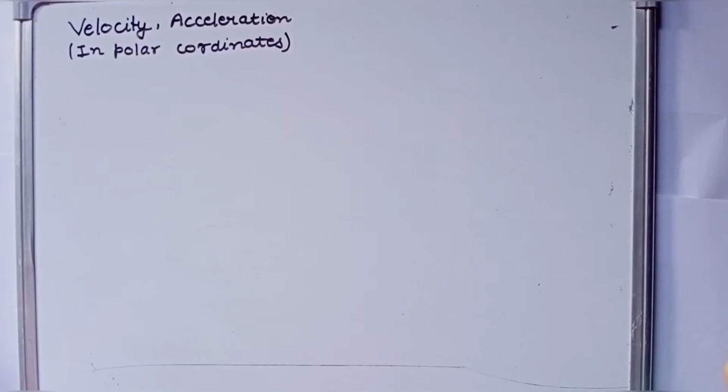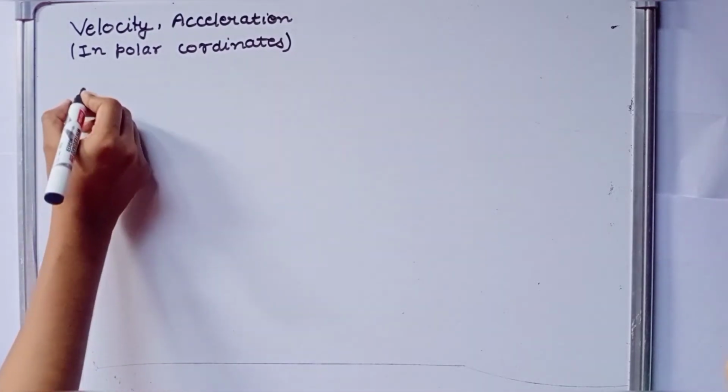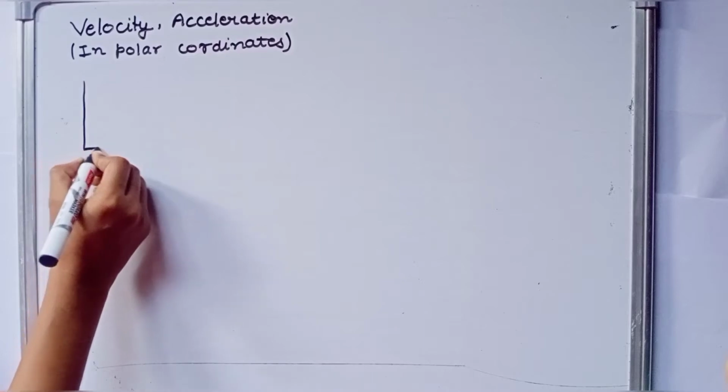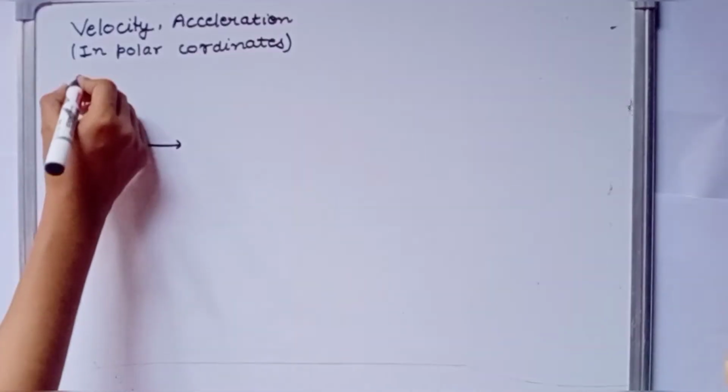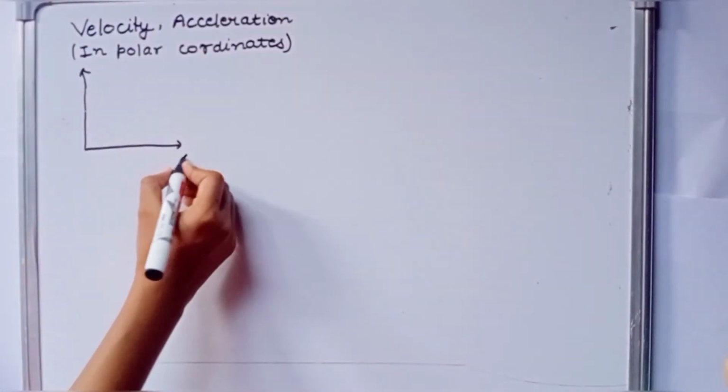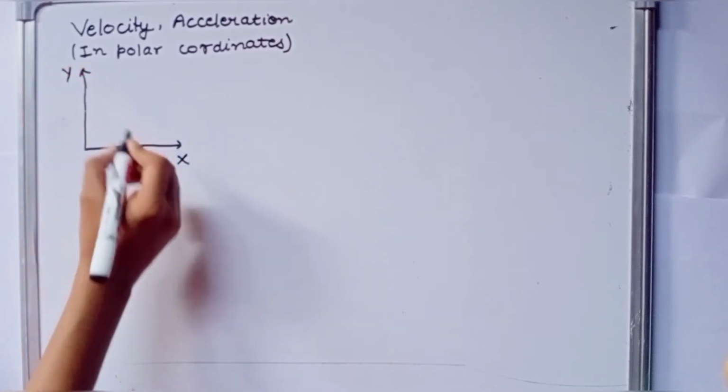Hello everyone, today we are going to have a look at the equations of velocity and acceleration in polar coordinates. However, we are all aware of their equations in the Cartesian coordinate system. So let me first draw a Cartesian coordinate system whose two axes are represented as x-axis and y-axis, and let's